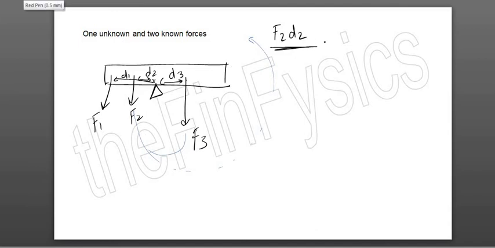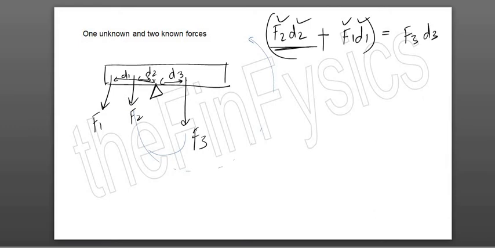Then bachas, this F1 D1 is also providing the same anti-clockwise moment. Not the same, I mean in the same direction. So my total anti-clockwise moment is going to be this. And this total anti-clockwise moment has to be equal to F3 D3. Okay. So from here, bachas, these values will be given, and either of the two will be given. Either F3 will be given, you will have to find D3, or D3 will be given, you will have to find F3. Okay, this question will come for around 4 marks, sometimes 4 to 6 marks.